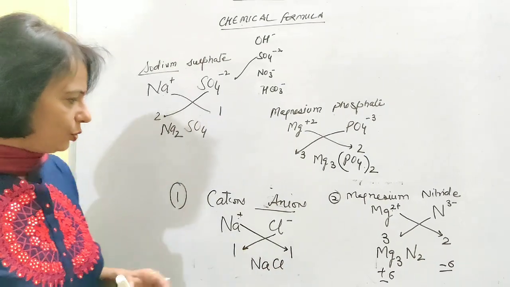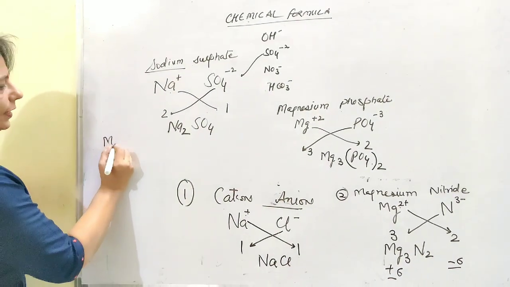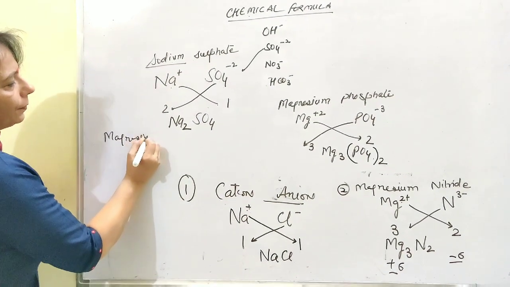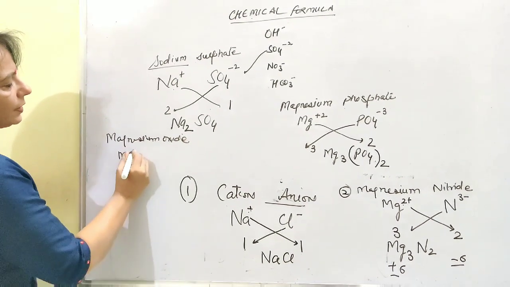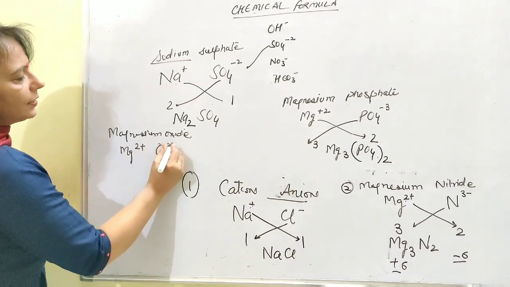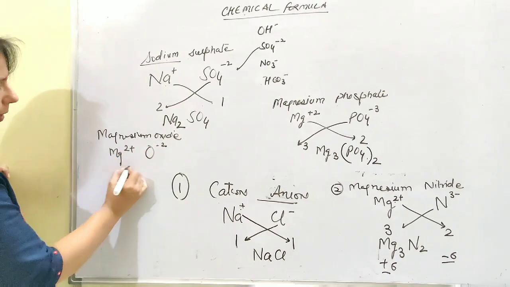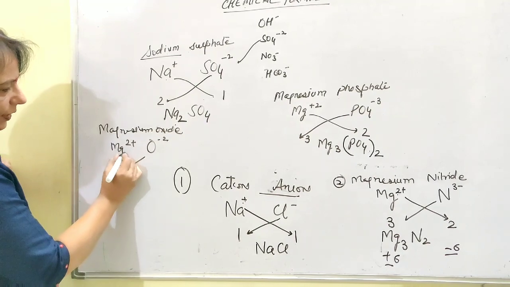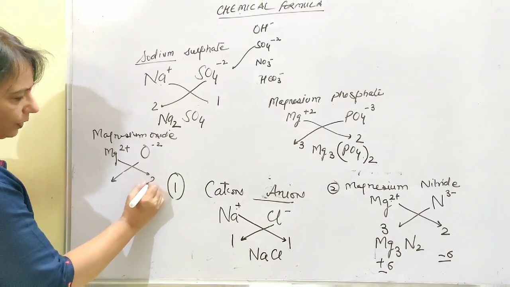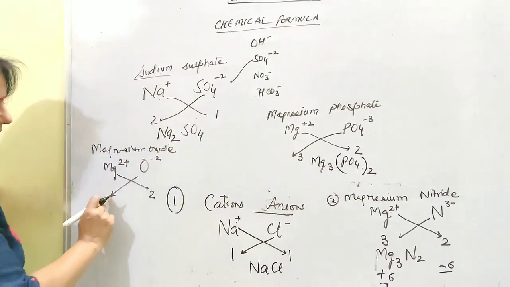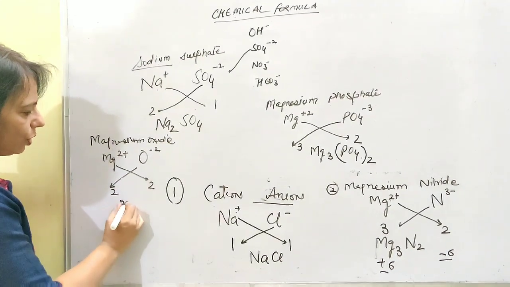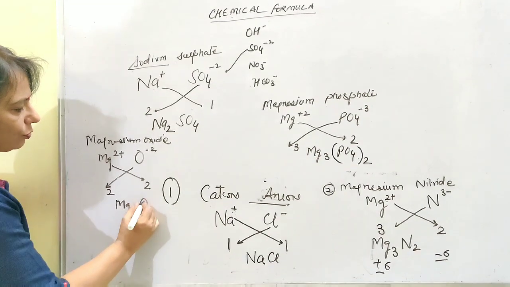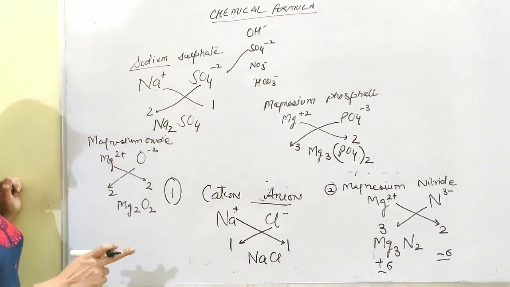If those are the same, here we have written 1 and 1, you need not write down 1 and 1. Suppose they are 2 and 2, like in the case of magnesium oxide. Okay, magnesium is 2 plus, oxide is 2 minus. So magnesium's valency is going to be at the foot of oxide, and oxide's valency at the foot of magnesium. So both are 2, 2, so you would write Mg2O2. But this is not right.